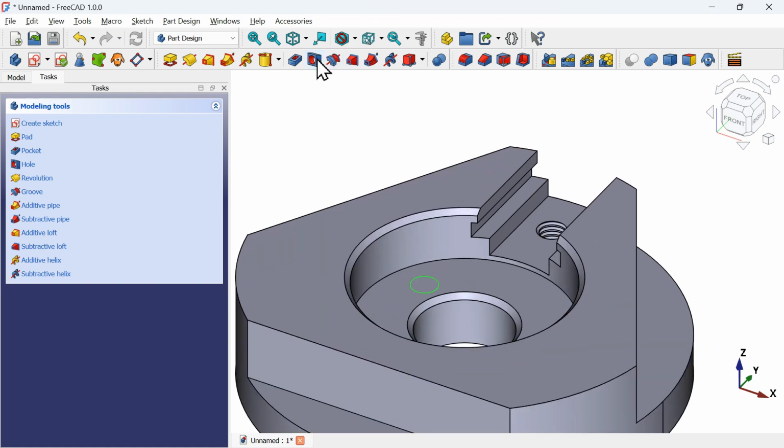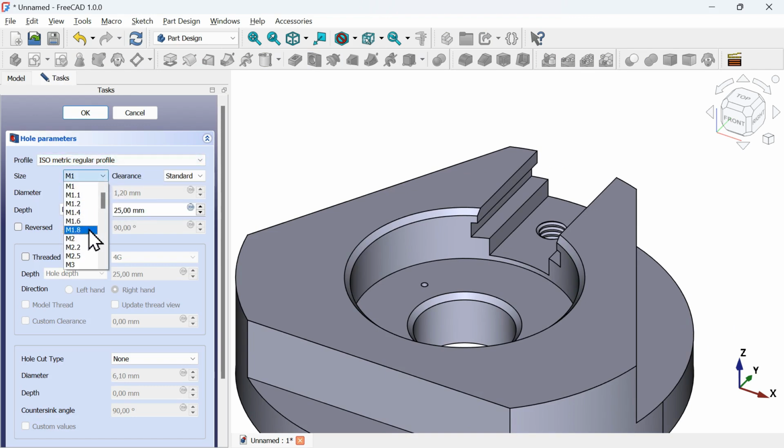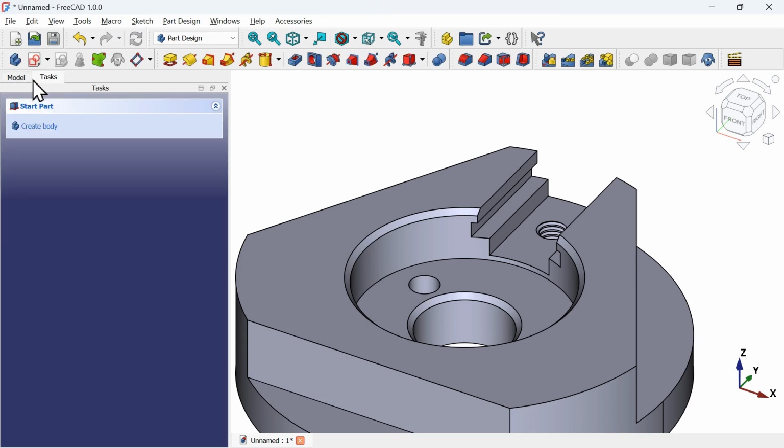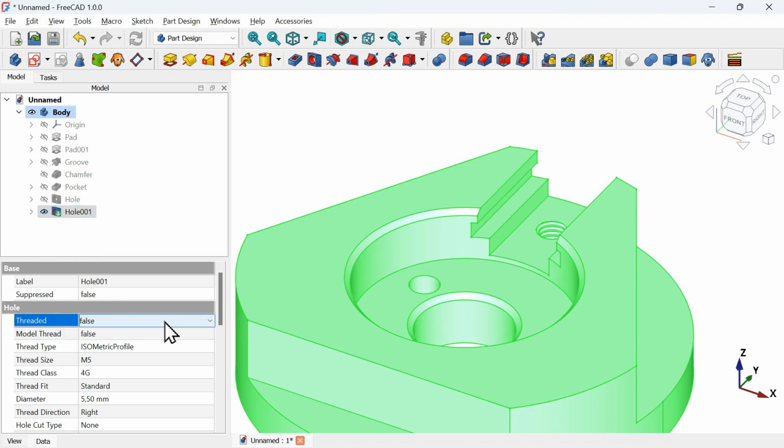And next, select the hole tool again. Change the profile to isometric regular profile, and the reference, we know the reference is M5. The depth we can set 25 millimeters, no problem. Click OK. Next, go to the model tab and select the hole operation, set through here and model treat, and